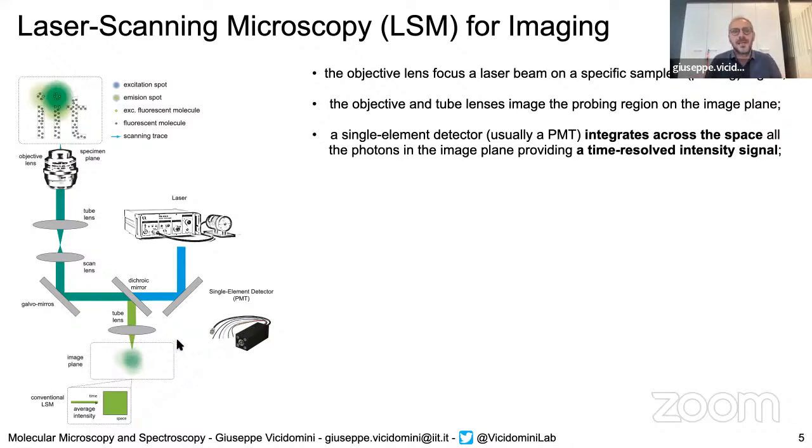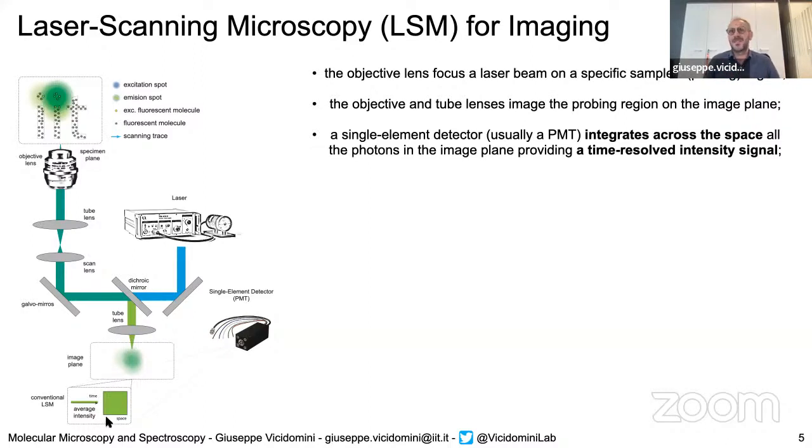Specifically, let's think that we are using, most of the time, a photomultiplier tube. The photomultiplier tube is a detector that integrates all the light in the image plane. So it's clear that this detector is performing an integration across the space. Okay, so there is already something wrong, in my opinion, because here you have an image, but then